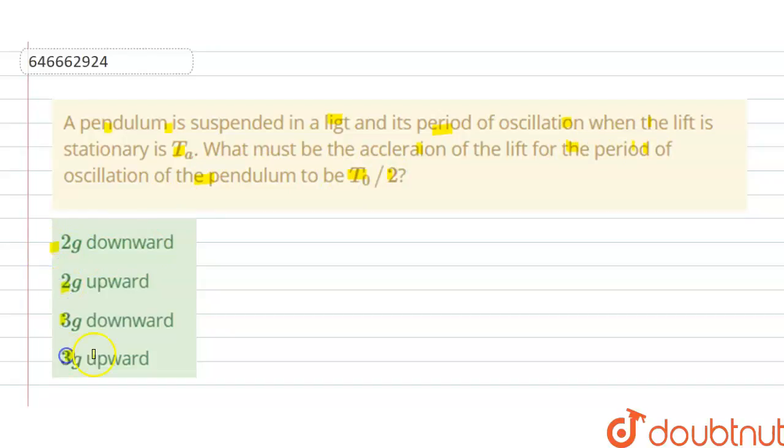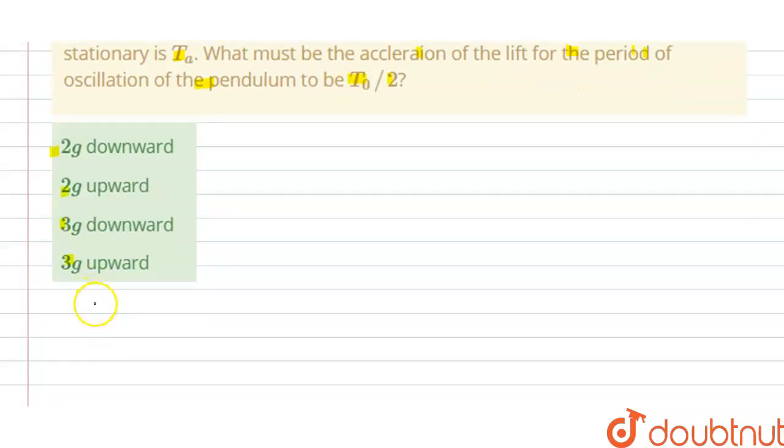So we have options A, B, C, D given here. So we have to find the correct option. So the solution of this question is, we have the time period when the lift is stationary. So we can write here time period